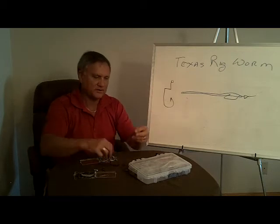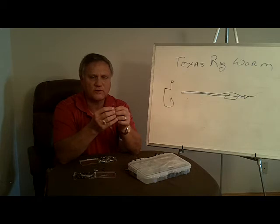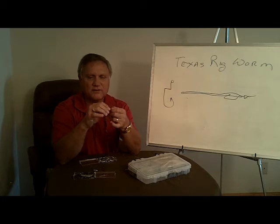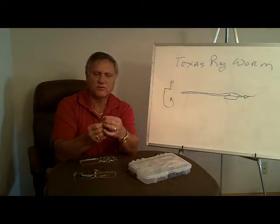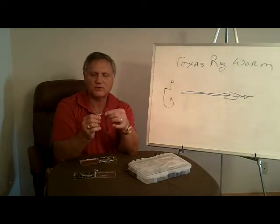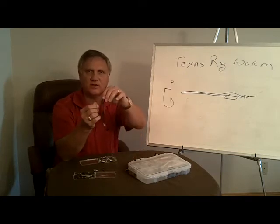Now, how do you thread it on? Very simple, but very important. Number one, you start in the center of the worm with the point of the hook. You come down, depending on the size of the hook, but generally speaking, about 1/8 of an inch or so, and you thread it on and all the way to the top. Now, watch this. This is important. Take it over the eye of the hook. Take it over the eye and pull the eye and the knot inside the worm,